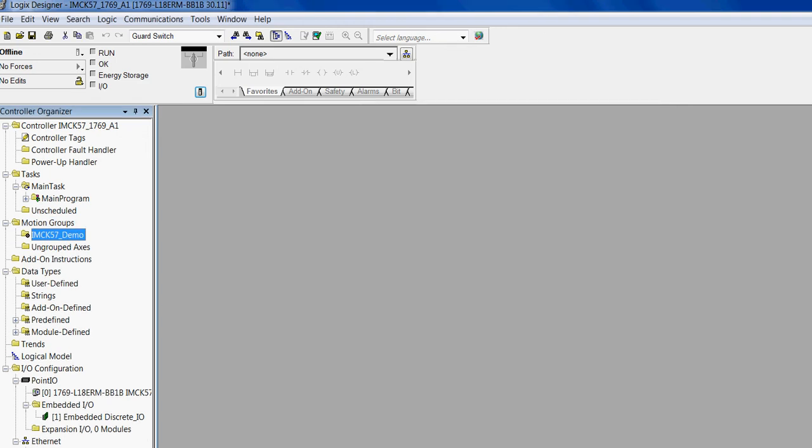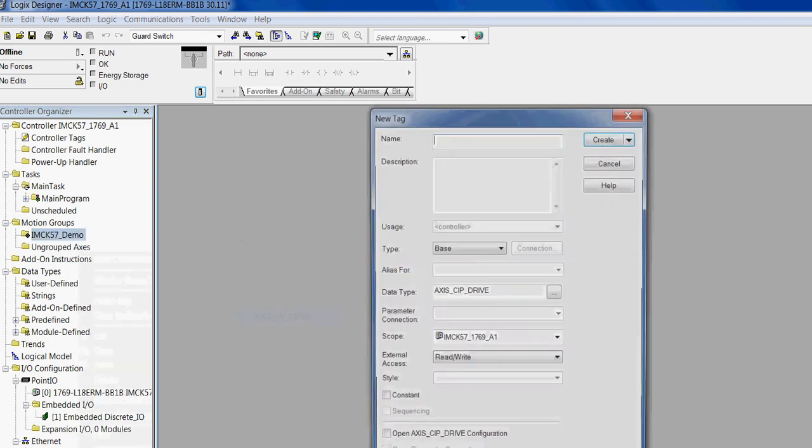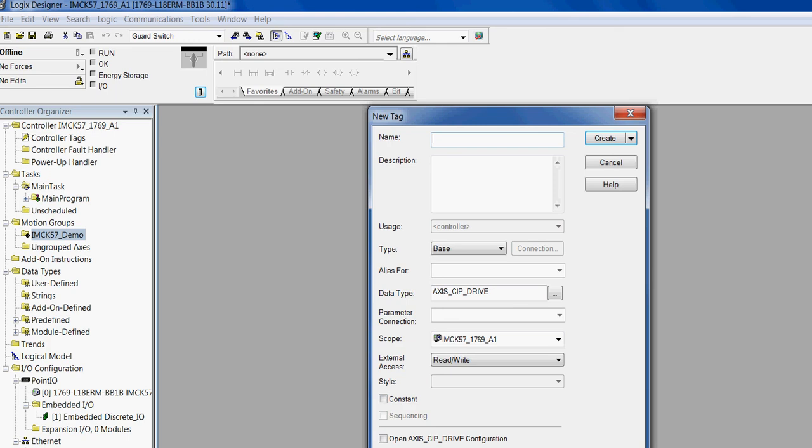Now create the axis: right click on the motion group you have created, select New Axis, select the axis CIP drive, and type there the CIP drive name.